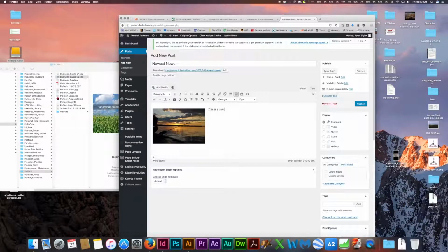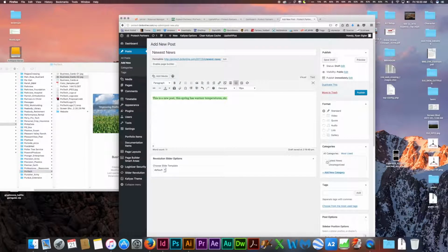Like so. This is a new post. This spring has warmer temperatures, etc. And then you can add an image, or if you don't want an image, you don't have to. But the most important thing is, after you're done typing your latest news post, checking the latest news category